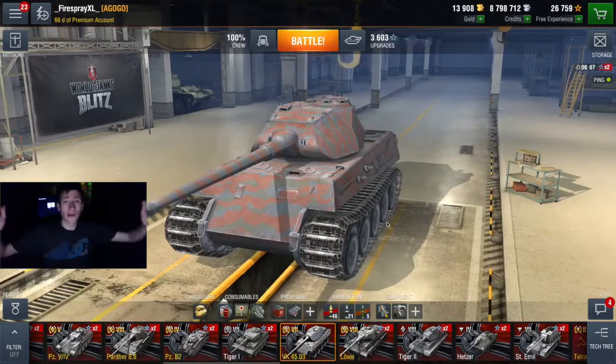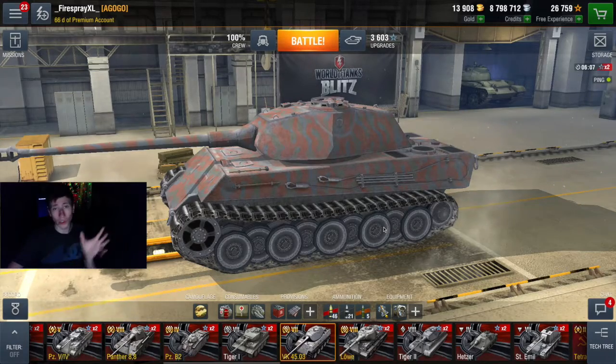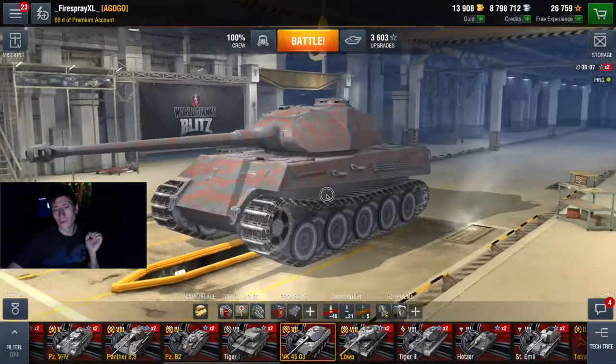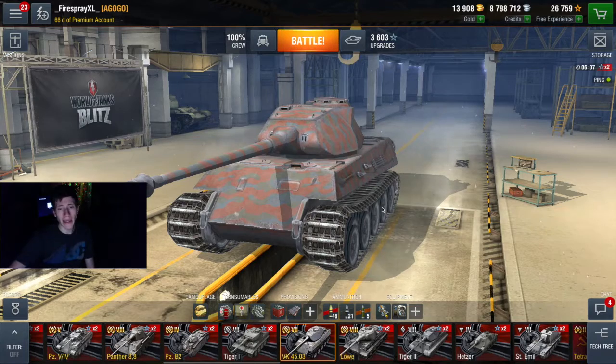As a tank collector, that completely voids what I just said. I think that it will definitely make a good vehicle to add to your collection, again, if you are a collector. It's just that for the average player looking for a solid Tier 7 premium vehicle, I think that there are other vehicles that you could probably do better with. This is interesting, and if you want to add it to your collection, I would say definitely go for it,